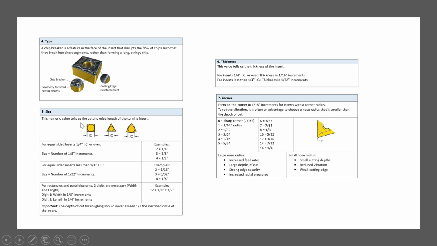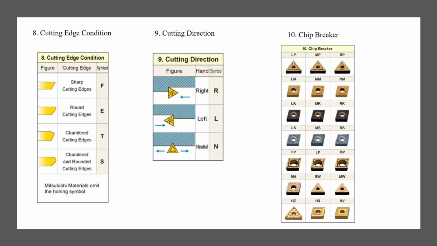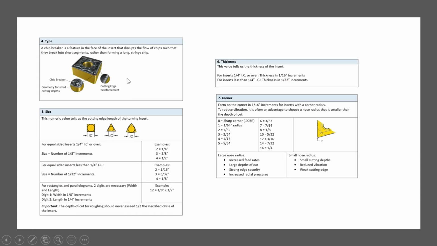Next is size. This numeric value tells us the cutting edge length of the turning insert, and it is described by the inscribed circle diameter.